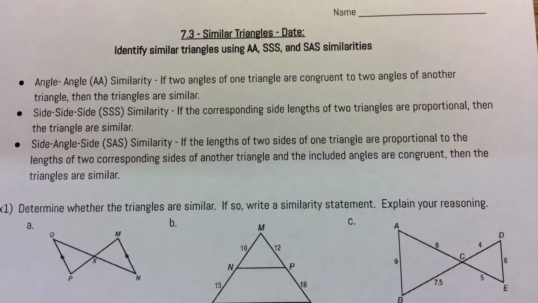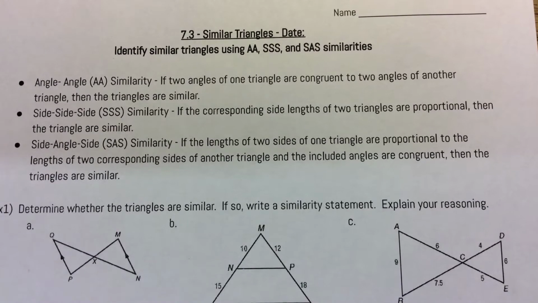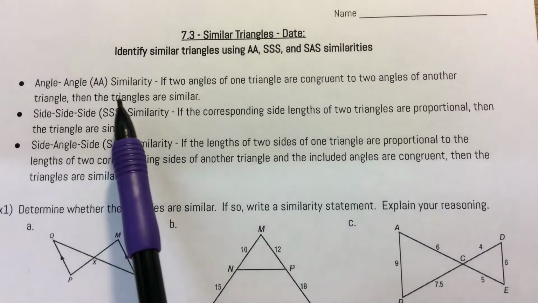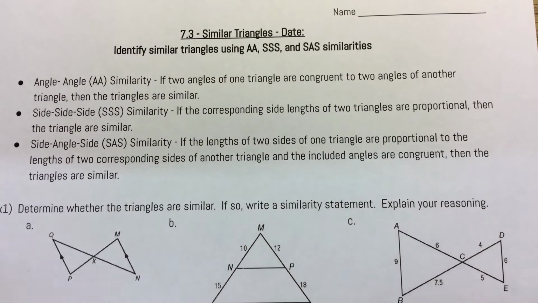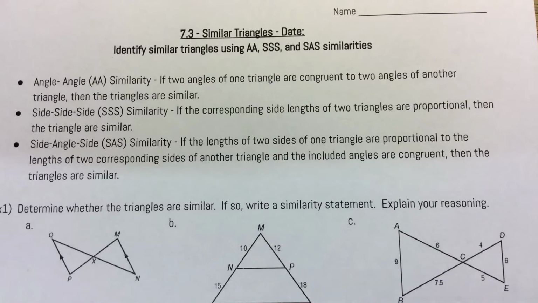Okay, 7.3, we are identifying similar triangles using angle-angle, side-side-side, and side-angle-side similarities. So angle-angle is when you have two angles in one triangle that are congruent to two in another triangle. That means that they have to be similar. Side-side-side, if the corresponding side lengths of two triangles are proportional, then that means the triangles are similar